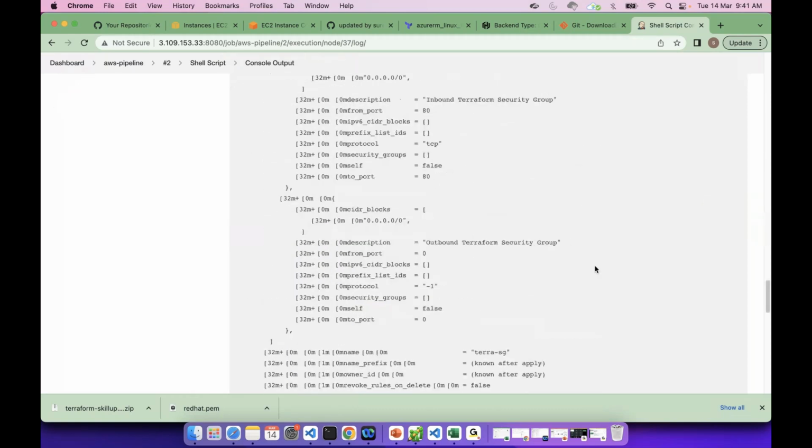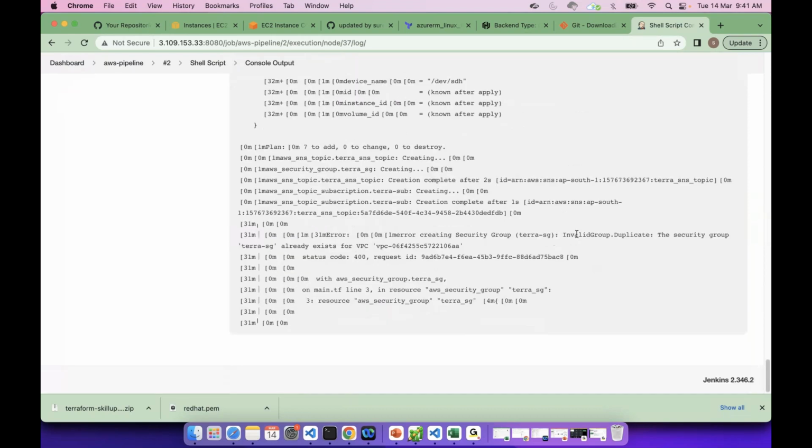Okay, invalid. Okay, duplicate security group. Only this security group already exists. Terraform SG already exists. Okay, let us modify this now. So now what we are going to do is,